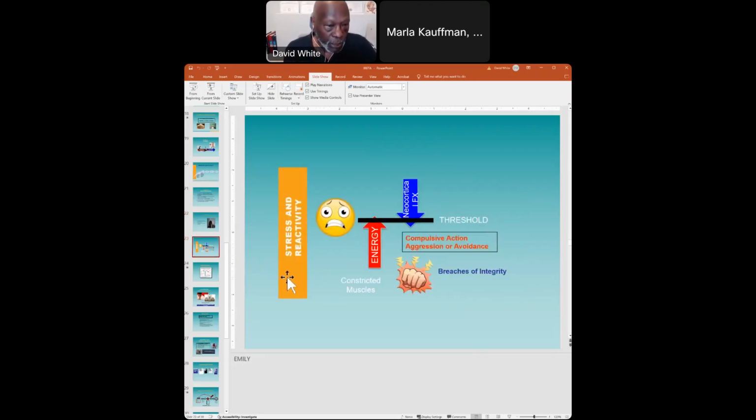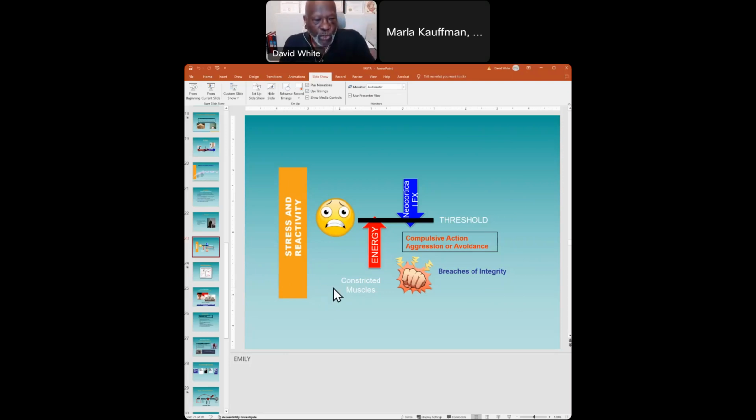Stress and reactivity. So stress, simply put, is your physiological reaction to an event that's occurring in your life. So once this thing is happening, you then have a nervous system response. So stress is a neurological phenomenon. It is your neurology, it is your nervous system reacting to the things that's happening around you. And once you have that activation, that's stress. And then the question is, so how do you know that you're stressed?